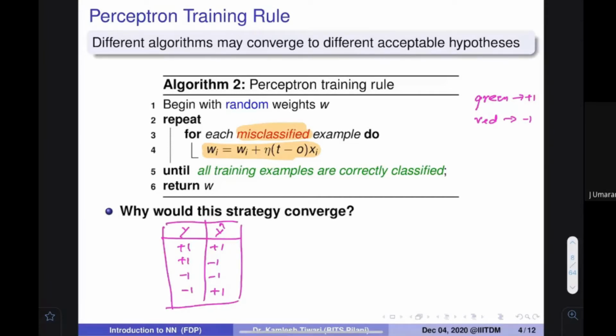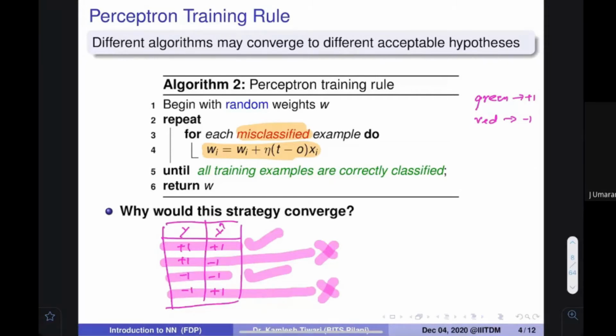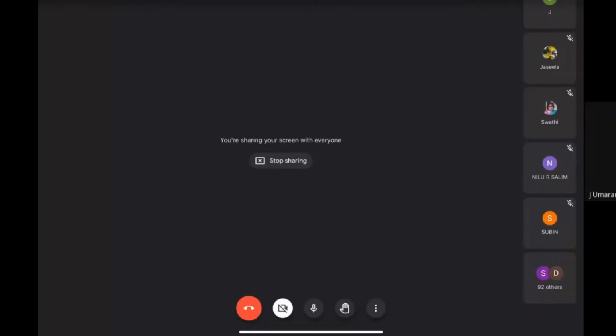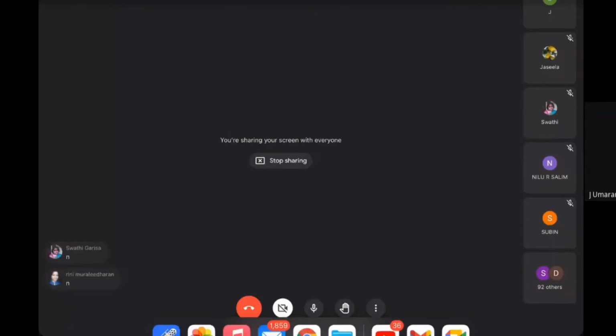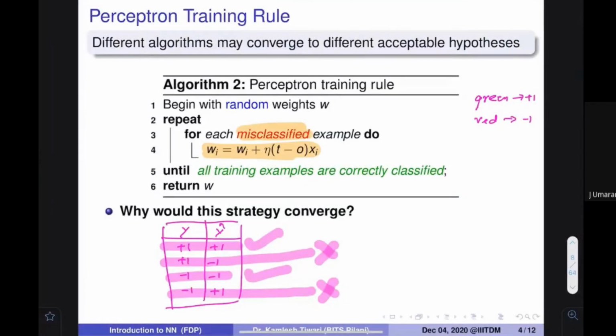Where is the problem? When you are telling a positive item as positive, it's okay. When you are telling a negative item as negative, it's okay, because this is what is expected from you. But when you are telling a positive item as negative, it's a problem. When you are telling a negative item as positive, it's also a problem. Any questions on this? Okay, two cases have a problem, so let me focus on them only.